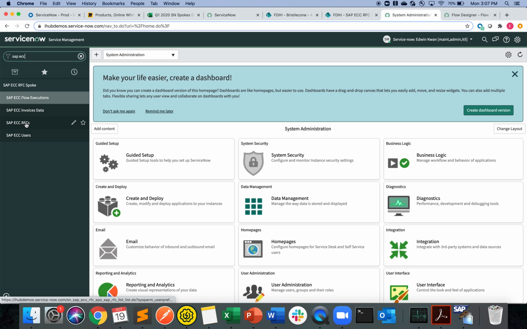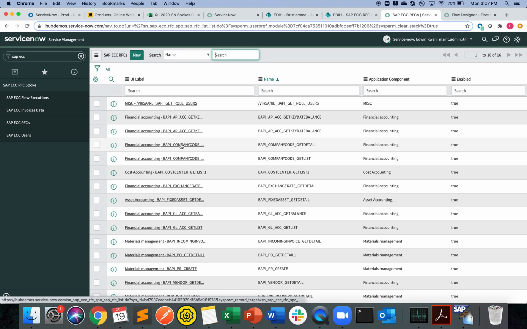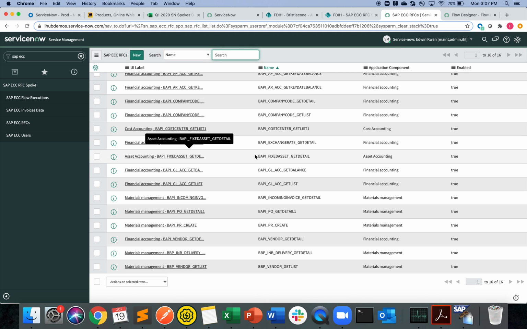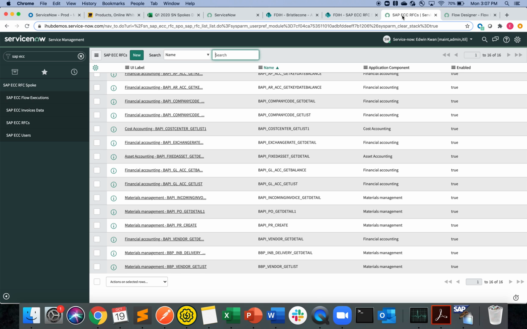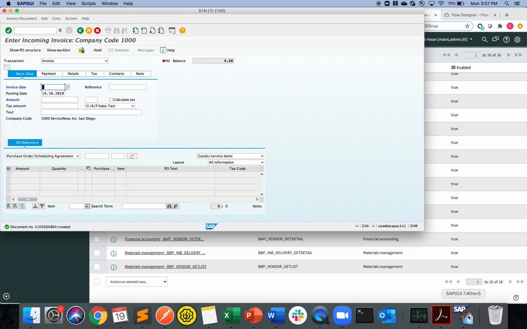Then you can see the list of actions. Right now, the list of BAPIs will be retrieved from this RFC dropdown. And from here, you can find out the list of BAPIs that is available. You can go to this SAP system, go to BAPI,